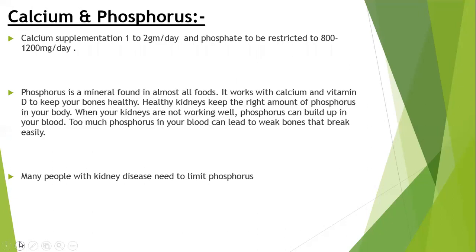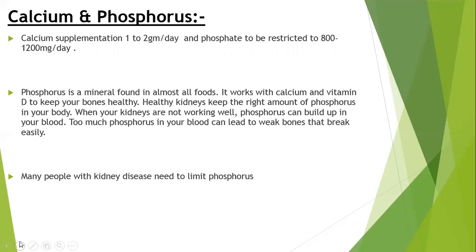Calcium and phosphorus. Calcium supplementation is 1 to 2 grams per day, and phosphate is to be restricted to 800 to 1200 mg per day. Phosphorus is a mineral found in almost all foods. It works with calcium and vitamin D to keep your bones healthy. Healthy kidneys keep the right amount of phosphorus in your body. When your kidneys are not working well, phosphorus